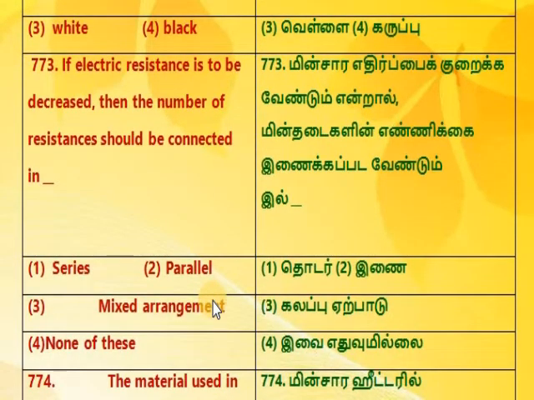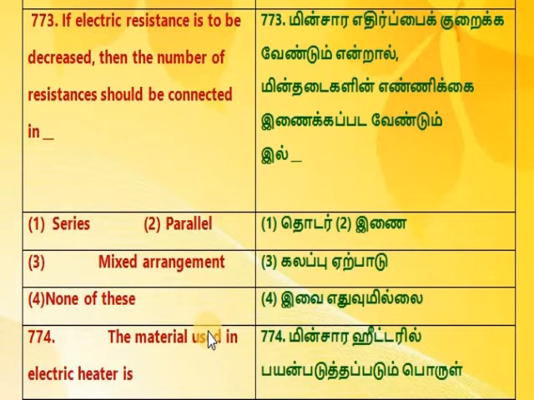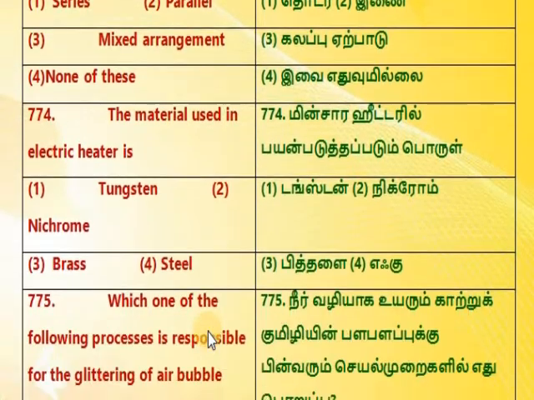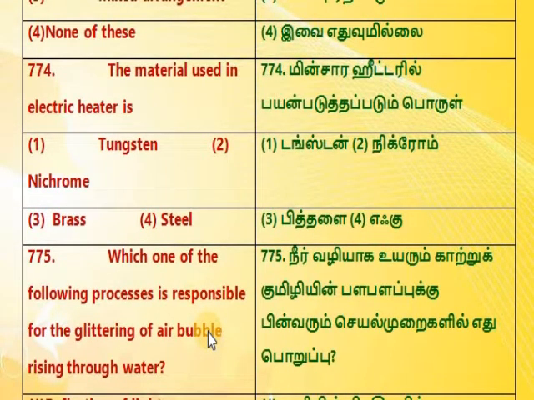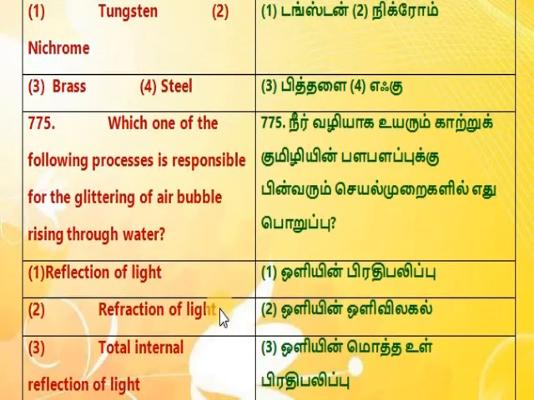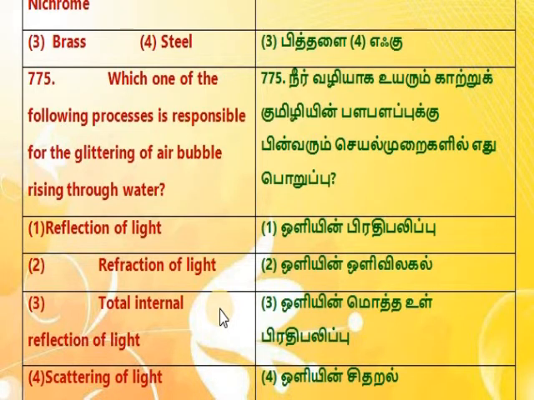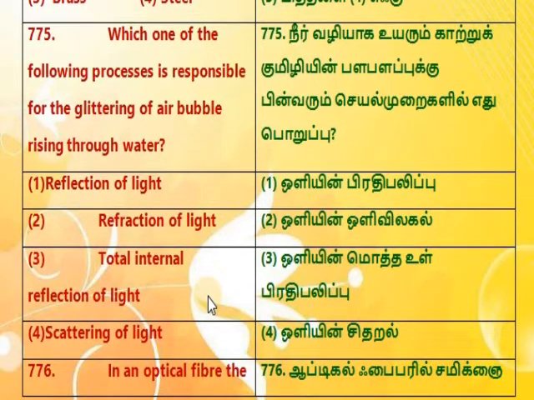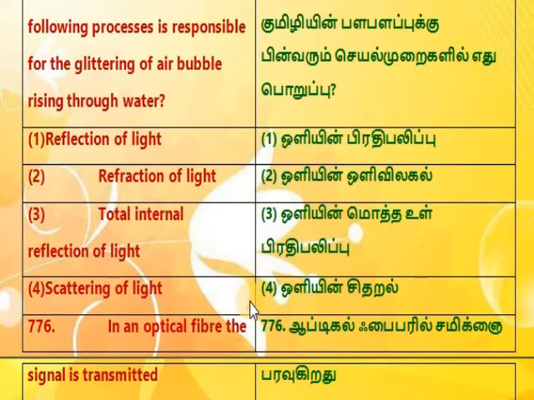773. If electric resistance is to be decreased, then the number of resistances should be connected in 1. Series, 2. Parallel, 3. Mixed arrangement, 4. None of these. 774. The material used in electric heater is 1. Tungsten, 2. Nichrome, 3. Brass, 4. Steel. 775. Which one of the following processes is responsible for the glittering of air bubble rising through water? 1. Reflection of light, 2. Refraction of light, 3. Total internal reflection of light,